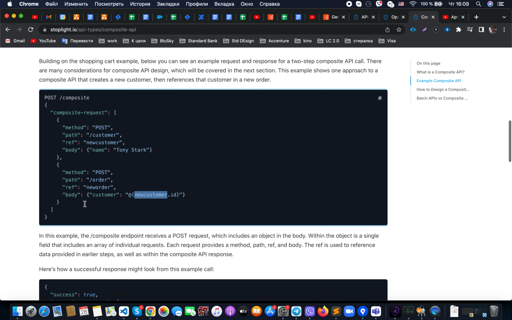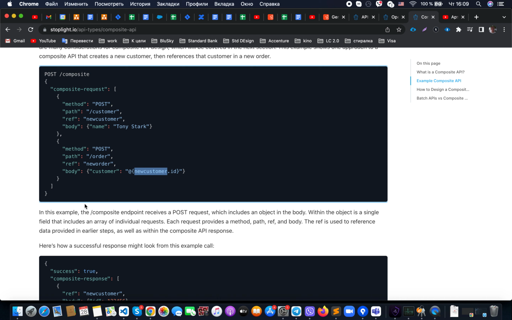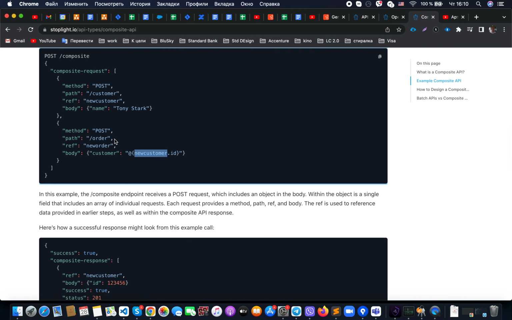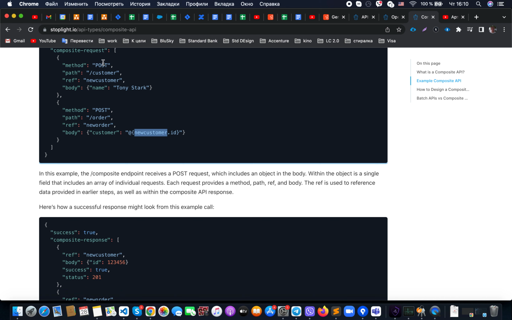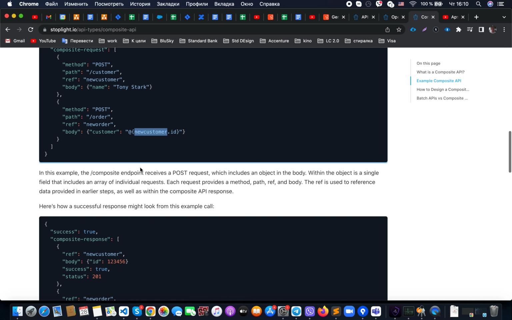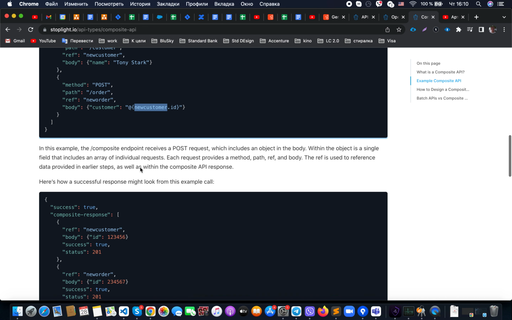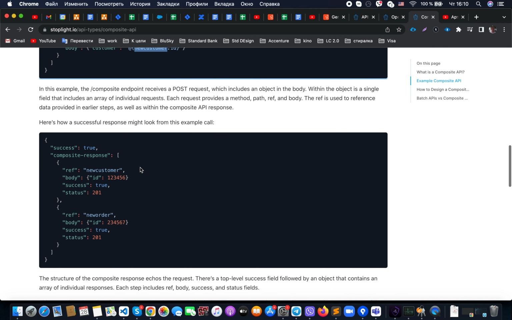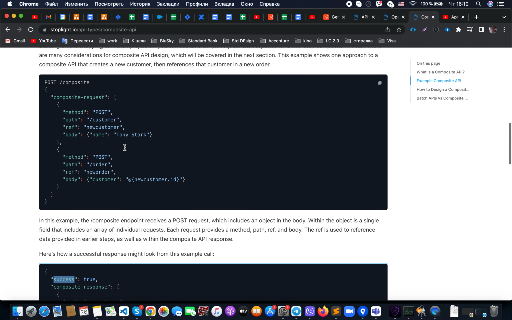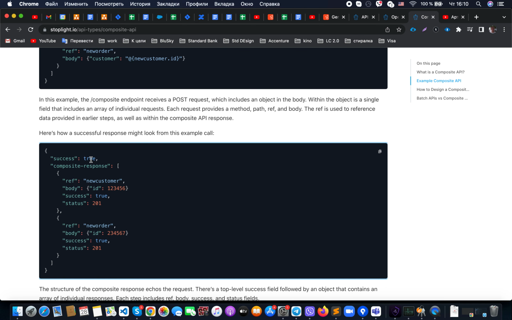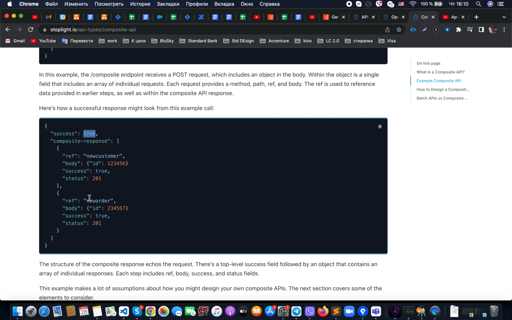So this way, you could see that we have, let's say, a chain of operations with a specified order, and based on this specified order, and the provided method, path, reference, and body, we could let our APIs know how they should proceed with our data. To reduce additional API calls, we have this reference field. So in general, it's very cool to use, and at the end, it's good for us to get something like this. For example, we have a general result for the entire operation of the composite API call, whether it is true or false, and the composite response.